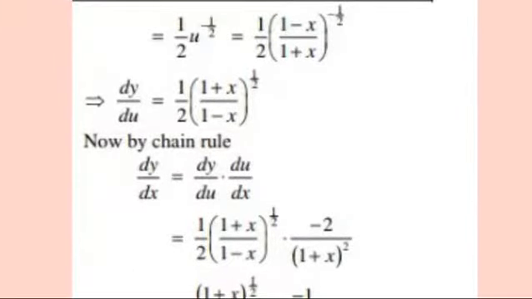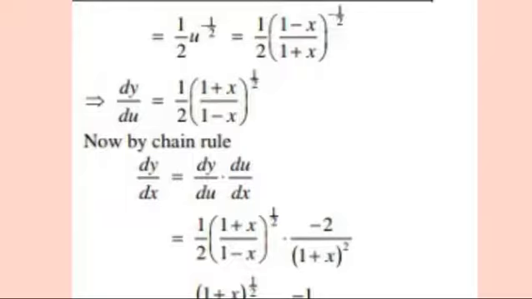1 by 2, u raised to power, the power of u is 1 by 2. So 1 by 2 minus 1, left behind minus 1 by 2. This is minus 1 by 2. Okay, 1 by 2, and the value of u is (1 minus x over 1 plus x) whole power minus 1 by 2. So on the left hand side, dy over du as it is, 1 by 2 as it is, (1 plus x)